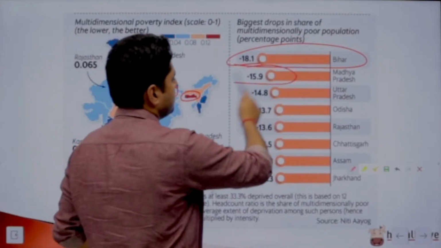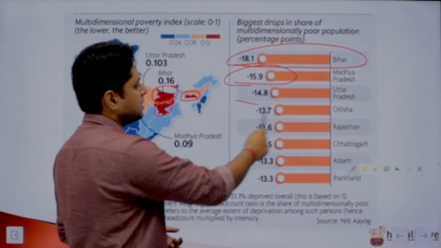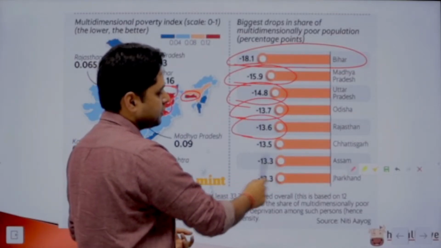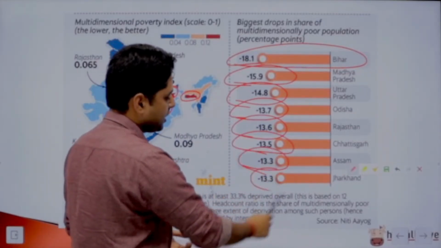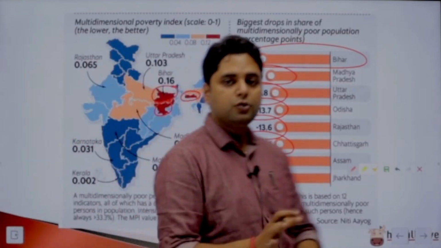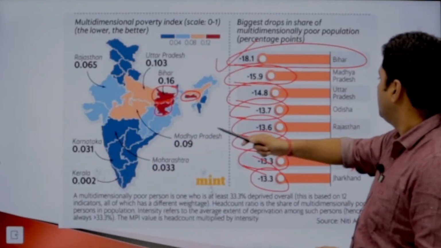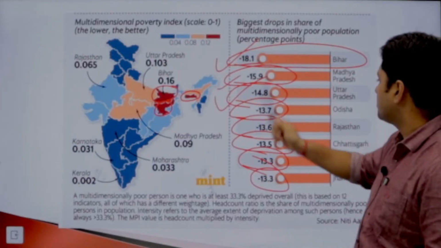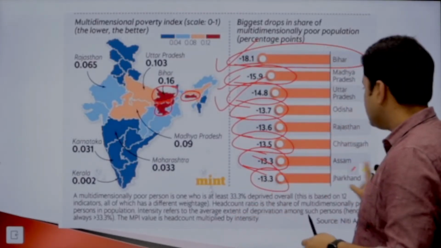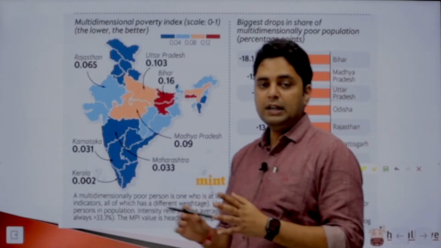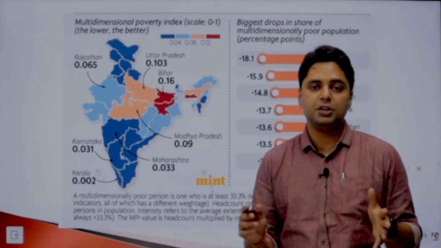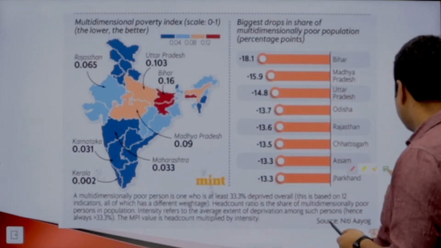देन मध्य प्रदेश में -16%, देन उत्तर प्रदेश में -15%, ओडिशा में -14%, राजस्थान -13.6, छत्तीसगढ़ -13.5, असम, झारखंड, सब ने ऑलमोस्ट 13 to 14% पॉवर्टी कम की है, which is amazing also because of the fact कि बिहार, उत्तर प्रदेश, मध्य प्रदेश, these are some of the most populous states of India. तो अगर सबसे ज़्यादा पॉपुलस स्टेट्स में इतनी इंप्रूवमेंट आई है, इसीलिए हम 10% का फर्क ला पाए हैं। 14 करोड़ people pulled out of poverty in those 6 years, and it also speaks volumes about the government initiatives in the last few years, जो कि मैंने अभी आपको बताए भी।